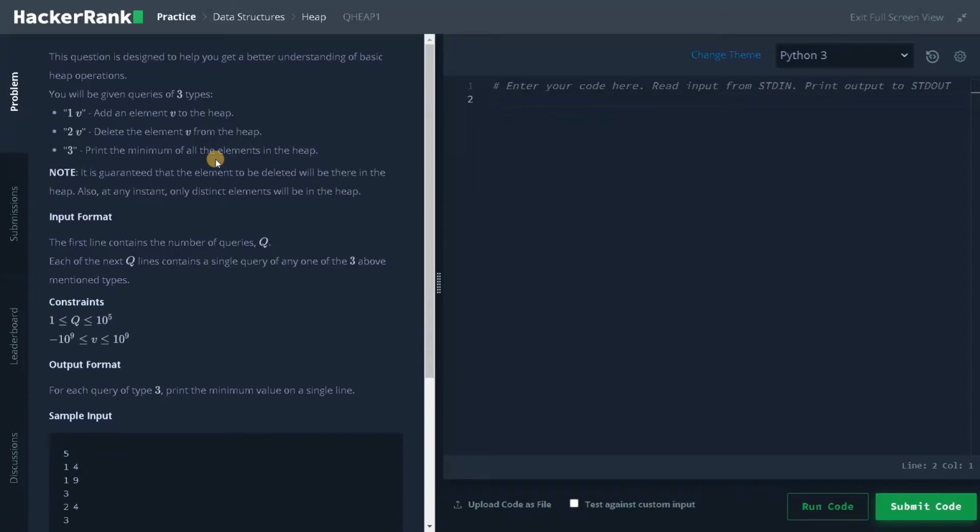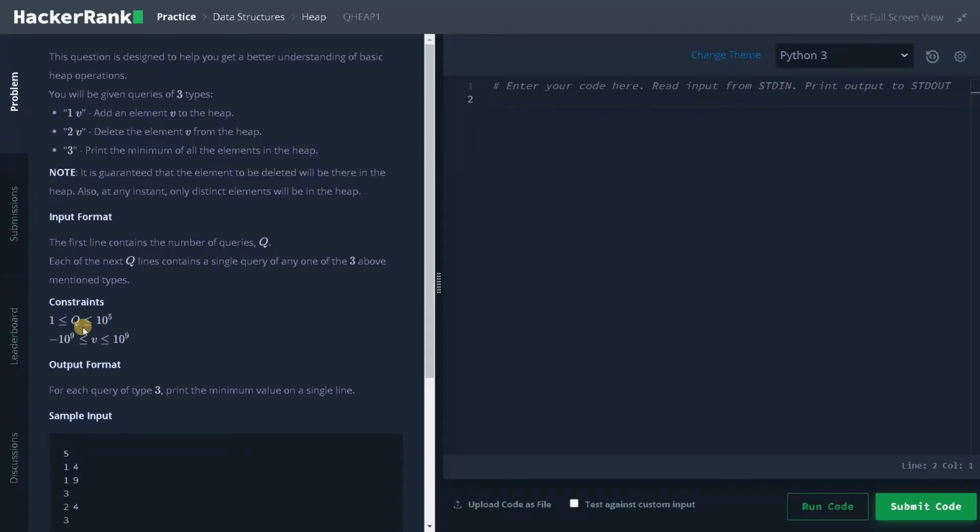To ease the coding part, I'm going to import the heapq module from Python. If you want to implement the heap on your own, it's also better, but it takes a few lines of code. All the concepts are the same anyway. We're going to push the element into the heap, delete the element from the heap, and print the element. Basically, a heap uses the array data structure, so if we understand the concept of heaps, that is enough for us.